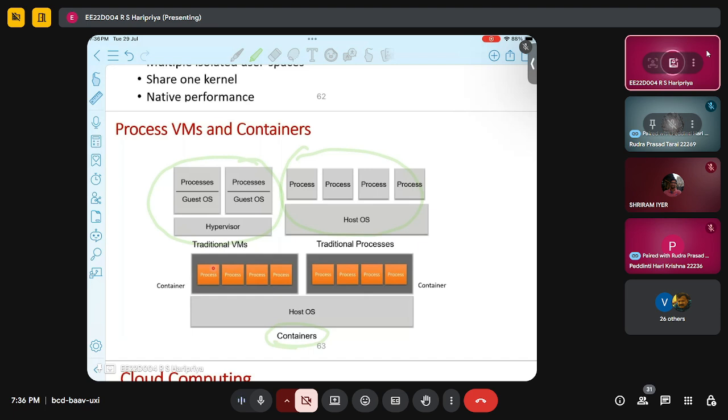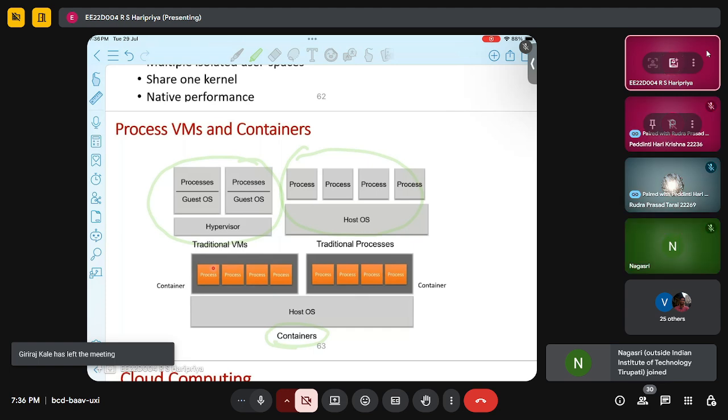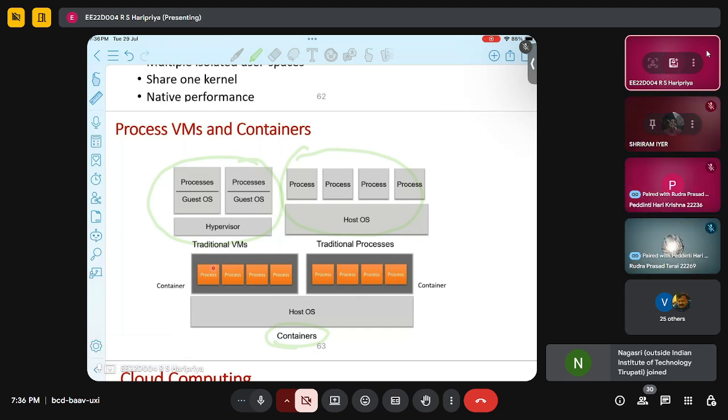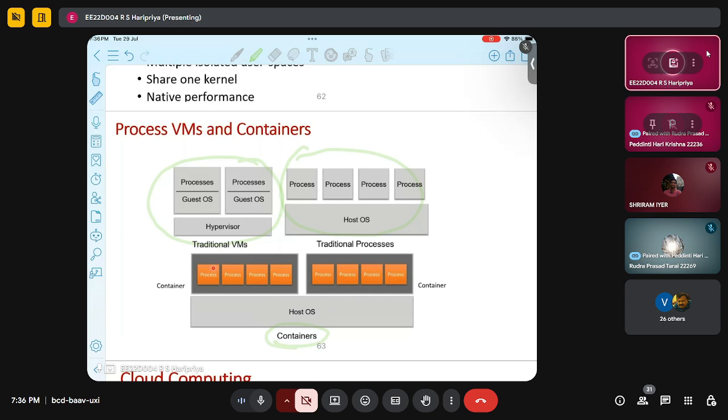So in this concept, the virtualization cannot be as rigid, because even though there is a container in one process, the container will invoke system calls to the host operating system, and then the host operating system to the hardware, and also this container will invoke the system calls to the host OS, and so on and so forth.